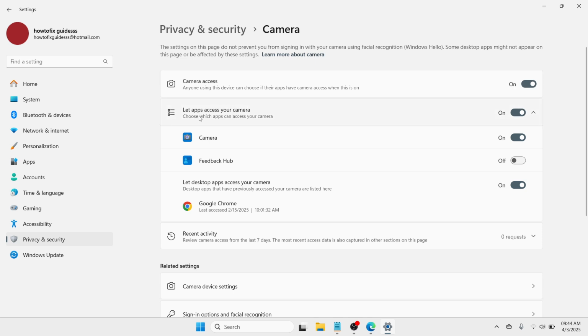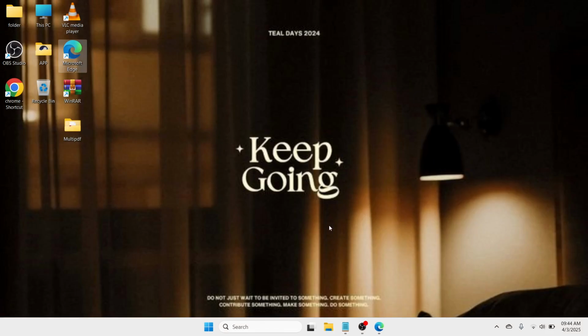And once done, proceed with let apps access your camera. You also need to make sure that these are all on, the let apps access your camera as well as the Google Chrome. You need to make sure that it is being turned on. Once you have ensured that all of that are turned on, try to check if your camera or webcam is now working. But if it doesn't, then we need to move on to our next method, which is you